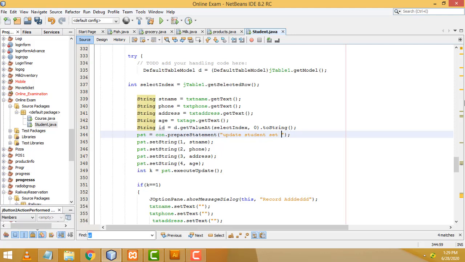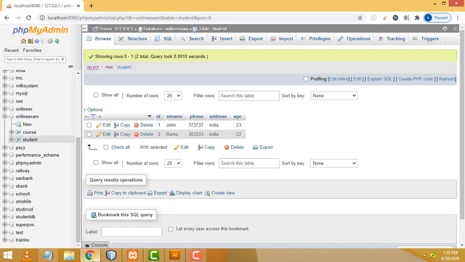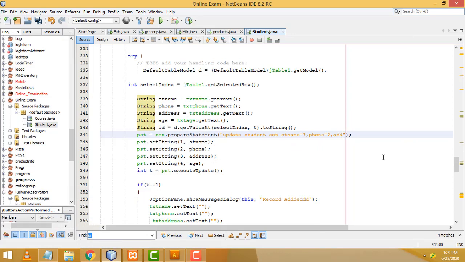Set first column should be this one, ST name equal question mark, comma phone number equal question mark, comma address equal question mark, comma age equal question mark, where ID equal question mark. That's the ID you have selected here, right?